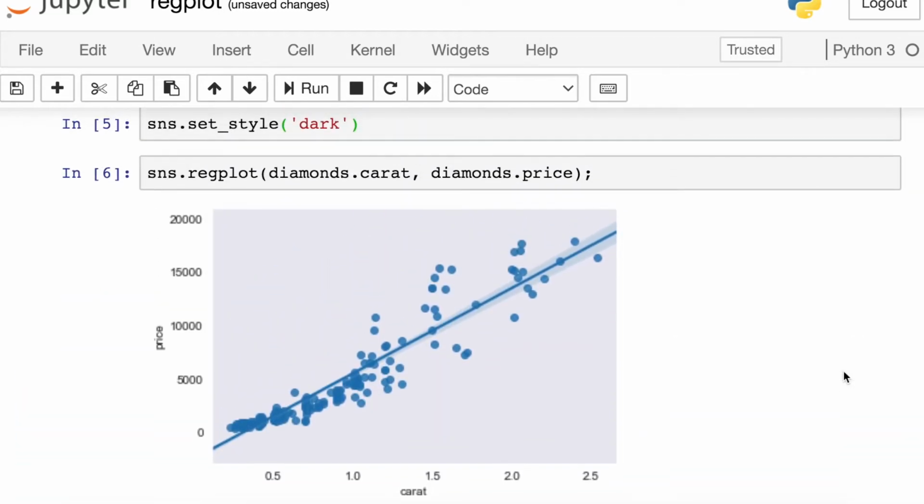Okay, so you'll see what Seaborn's done. The first series is plotted along the x-axis and the second series along the y, and we have a linear model being fit to these data. So we have that line that passes through all of our scatter points,